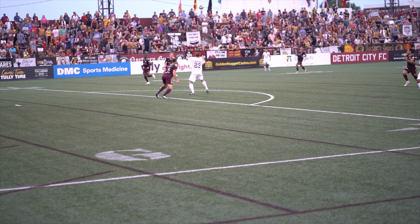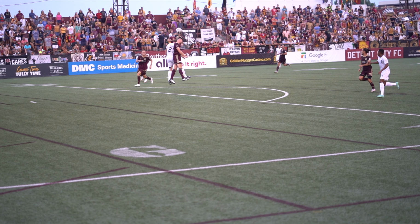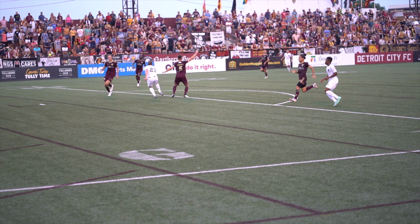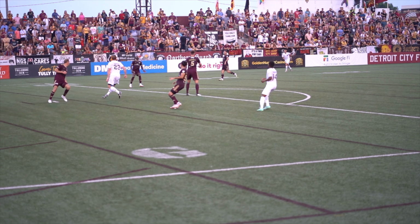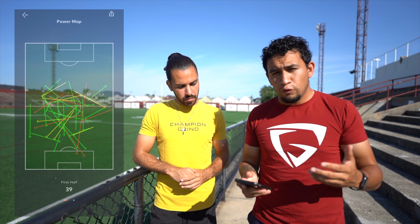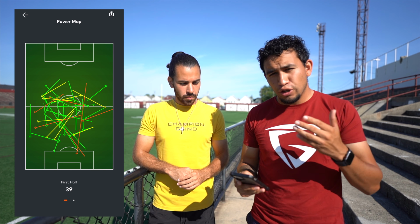They played through us, and then I had to track one of their fastest players. Just had to run a 50-yard sprint all the way back to make sure that he doesn't get the ball. The ball didn't even get played to him in the end, but I just had to track back to make sure. And then if we look at his power map, we can see that you had 39 power